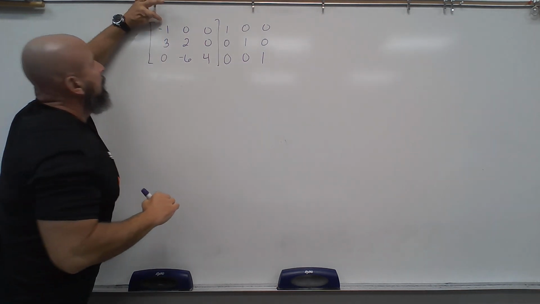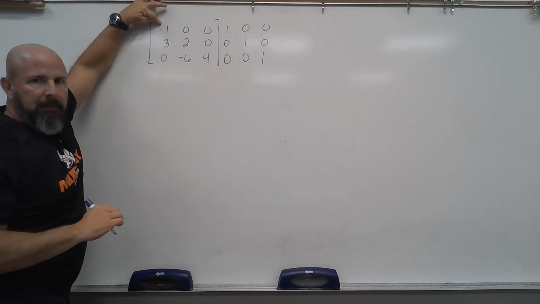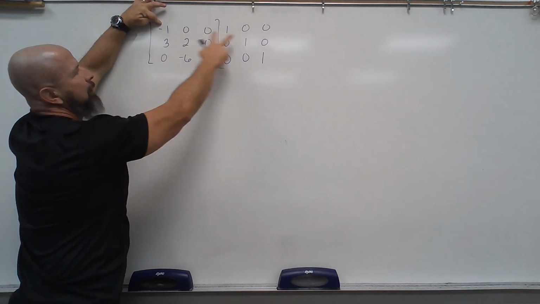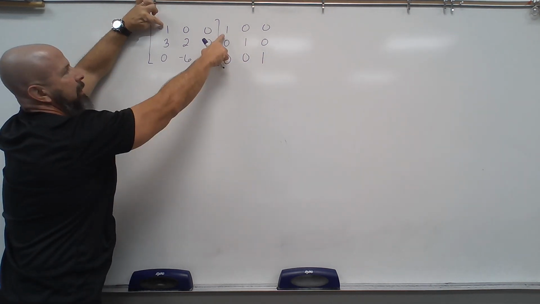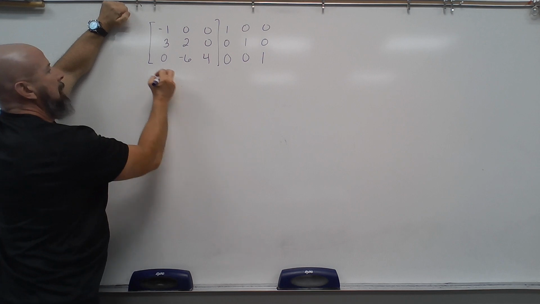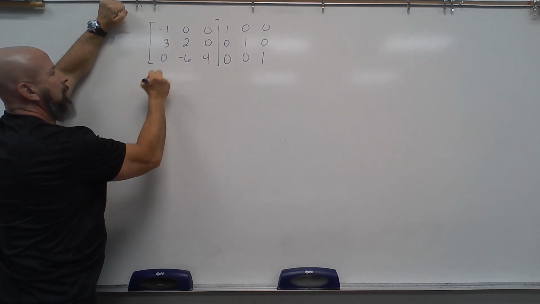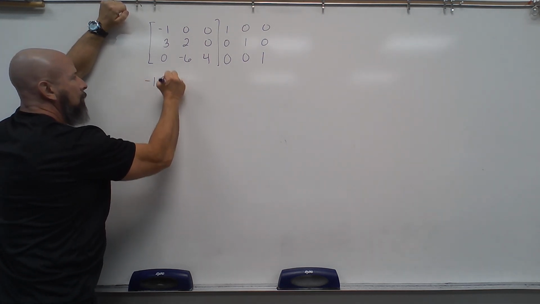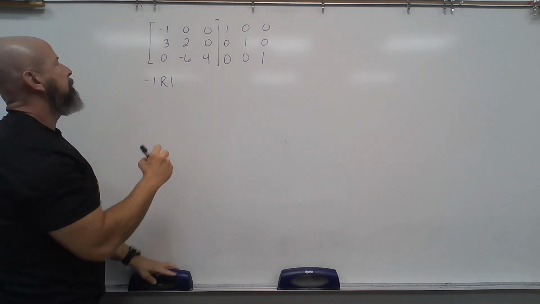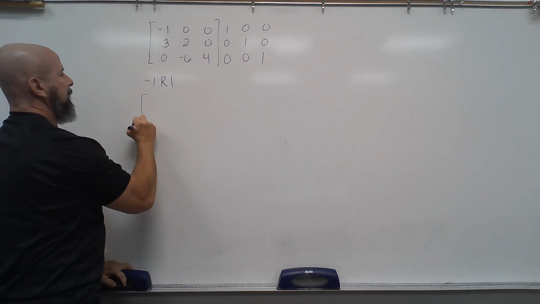So I look at this part. And one of the things I see is, all right, well, I've got my 2 zeros I wanted. I'd sure like that to be a -1. Okay? So I'm just going to go -1 R1. I'm going to multiply everything by -1 in that first row. So that would give me then